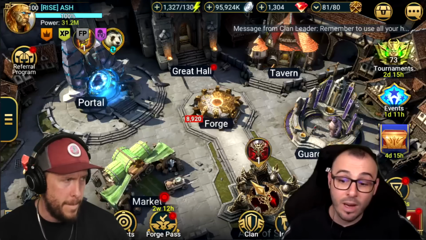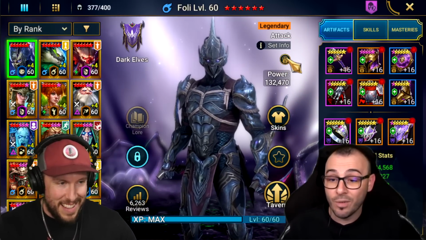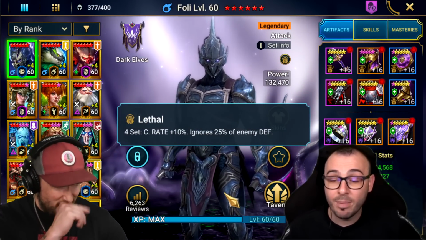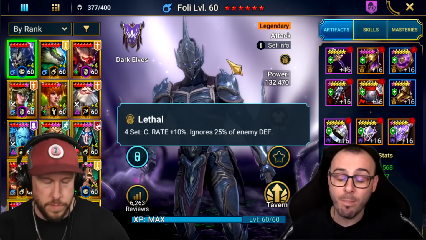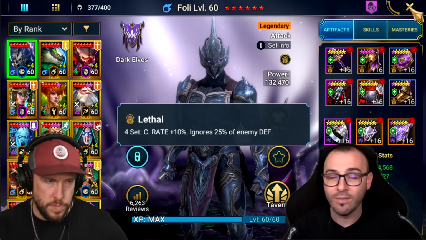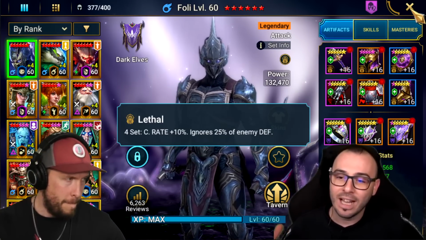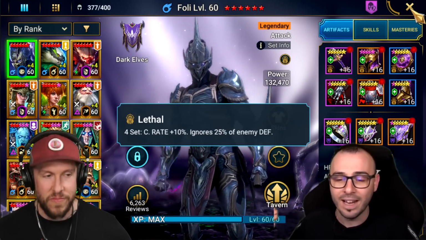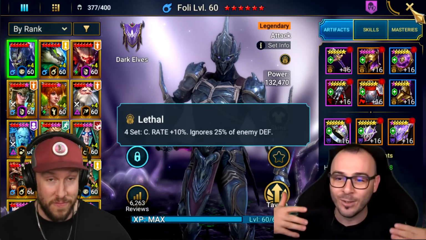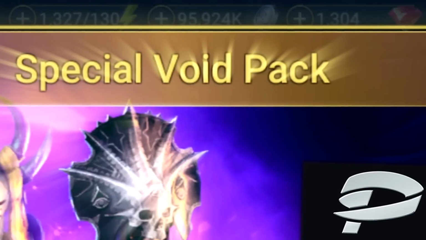I have Lethal as well, and this is a set that comes from the Doom Tower. Now, it's the upgraded version of Savage, man. You're ignoring 25% of the defense and 10% crit rate on it, and you don't need to spend any energy whatsoever to get this done. That's the beauty of it, and that's how they kind of stopped us from farming dungeons in the last couple of years. I feel like they didn't really realize when they introduced all these gear sets in the Doom Tower that...